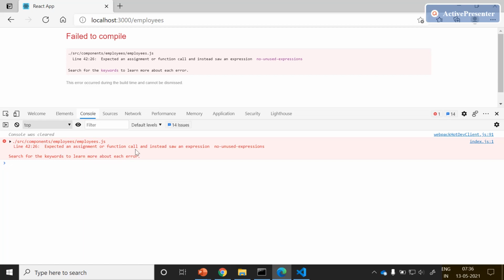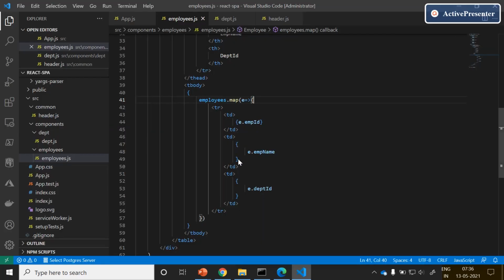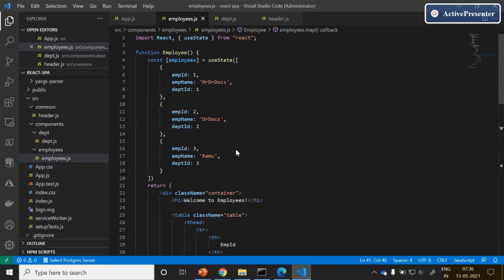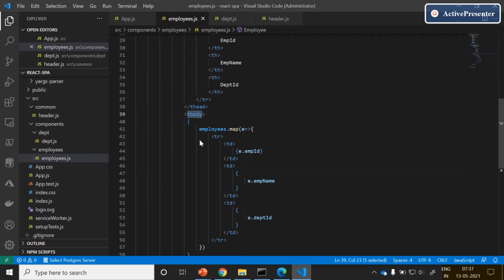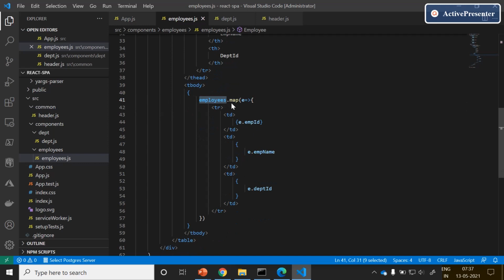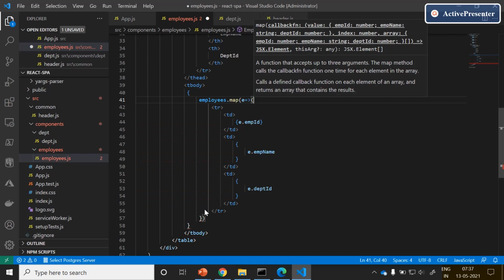Thead is fine, there are no issues. Tbody, map. Oh, instead of curly brackets, we need to use open and close parentheses.